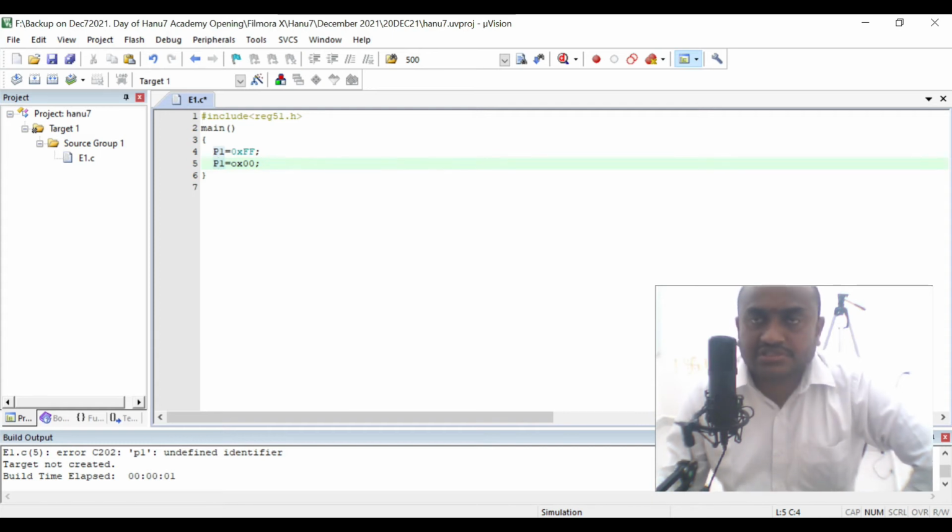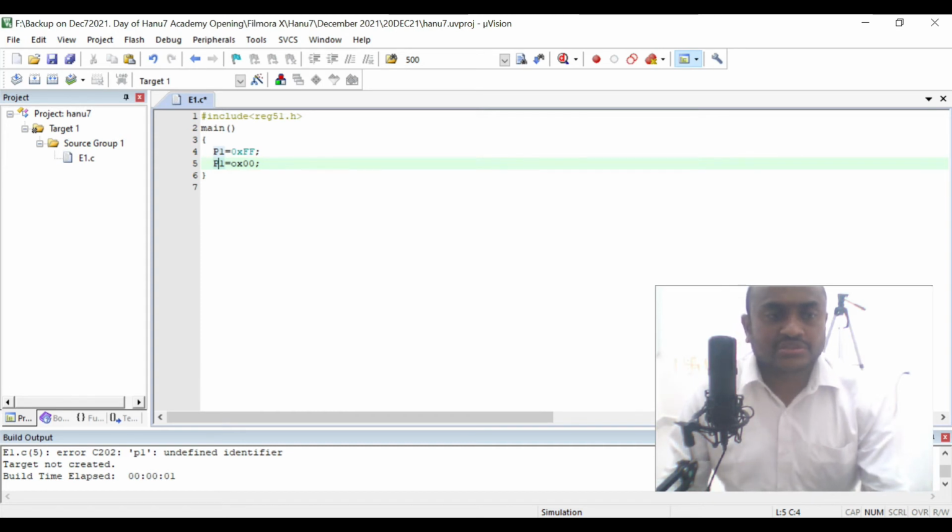All the registers of 8051 are defined in capital letters only. So write down the same thing here: P1 is equal to 0xFF, P1 is equal to 0x00. So capital P's are mandatory. This is the one thing you have to learn.